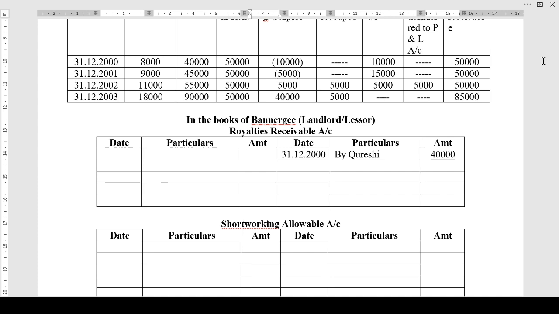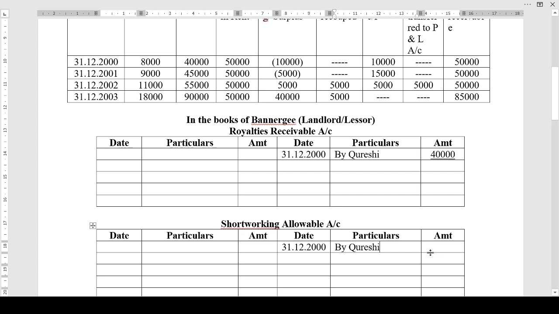So it will be lessee's account debit to royalties receivable to short working allowable. So in short working allowable also we'll have that part. Another part by Qureshi. Qureshi is the short working is 10,000. So Qureshi's account debit to royalties receivable to short working allowable